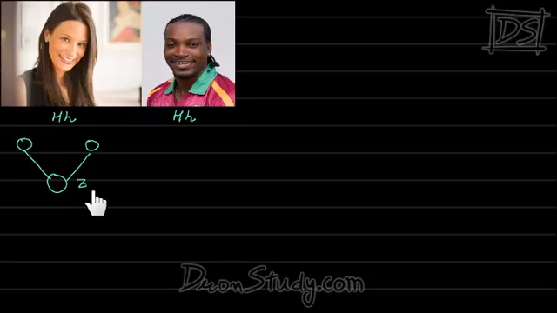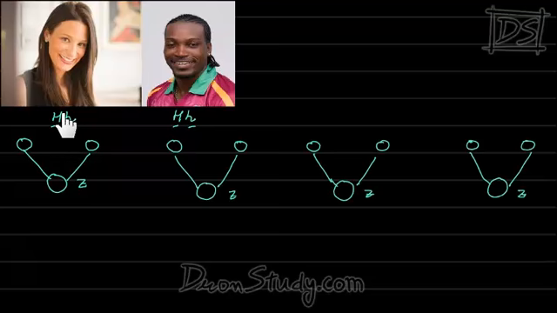Now see, the gene from the female has two options, capital H and small h, and the gene from the male also has two options, capital H and small h. So here we have 4 possibilities in total. Let me make all the 4 possibilities. Suppose in the first case we get capital H from the lady, and even from the male we get capital H. In the second case, we get capital H from the lady, but from the male comes small h. So it's a bit different scene. In the third case, we have small h from the female and capital H from the male. And in the fourth case, small h comes from both the lady and the male. So these can be the 4 options.